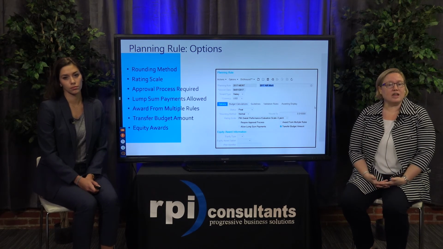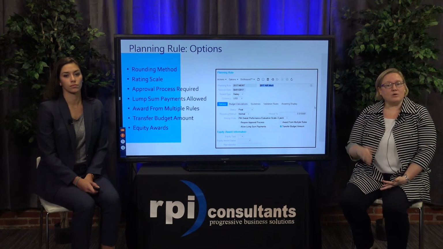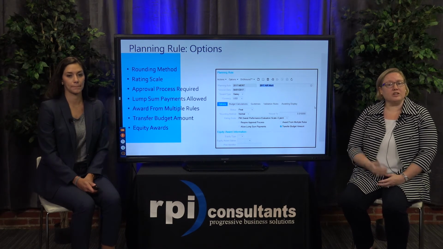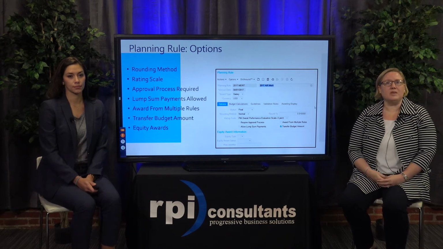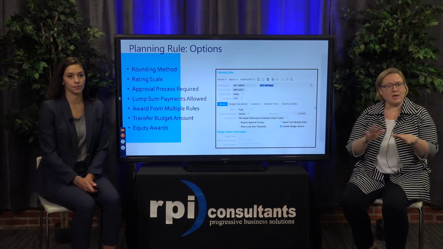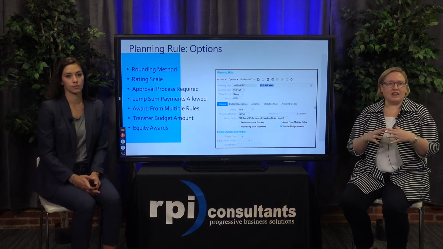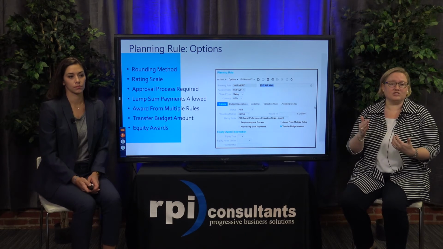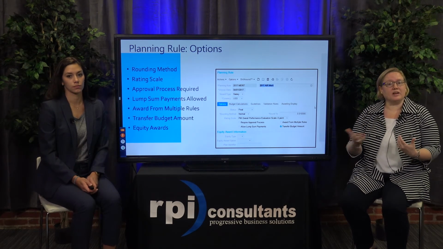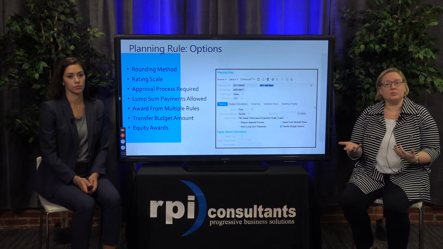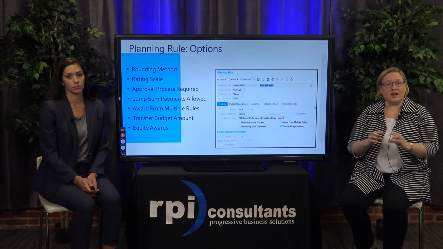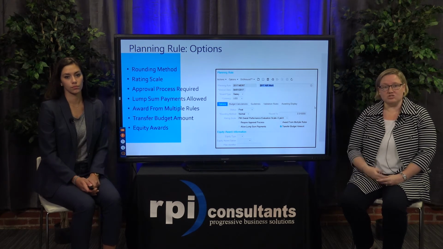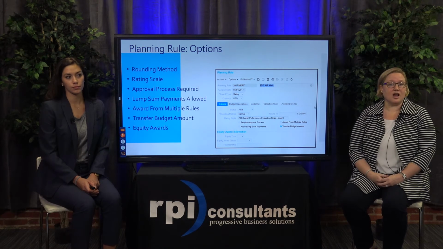So if you're going to allow lump sum payments, that would be an additional tab that'll show up. We'll show you a screenshot in a minute. Some organizations in the contracting world, for example, might have somebody's base pay already at the max that that contract would allow. And so instead of increasing that base pay and having part of their salary no longer be reimbursable by the contract, they would use a lump sum to reward that employee for their performance for that year without adjusting their base pay. Approval process, whether or not that's required. You can just have the budgets approved and go straight to the comp analyst.